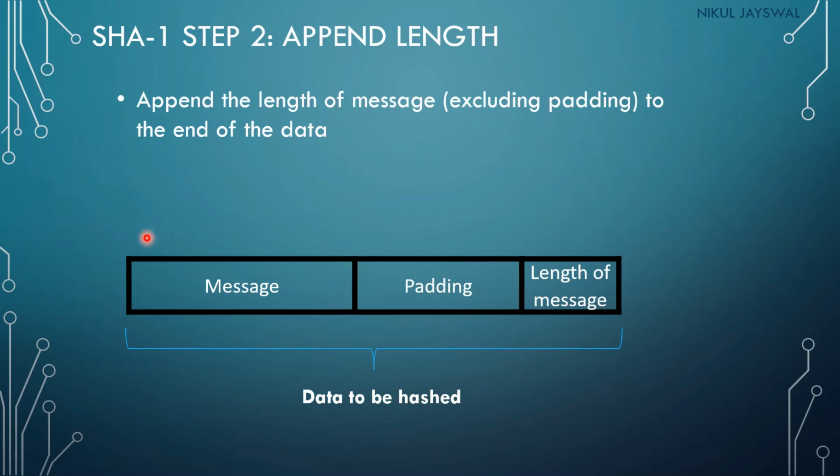So length of this message only, because we are adding the padding in the message. So we need to identify what is the actual size of the message and what is the size of the padding. This will help us to identify the size of the message. Before the process of hashing, we will take the message, add the pads, and add the length of the actual message. So this whole block will be used for the hashing. Clear? Before the hashing, we have prepared our whole block for the hashing.